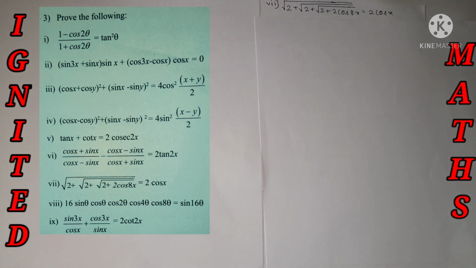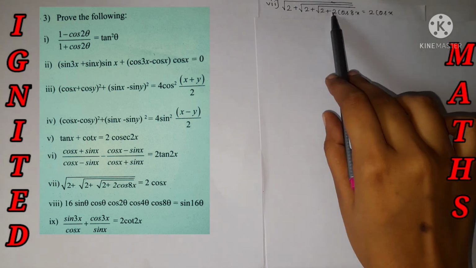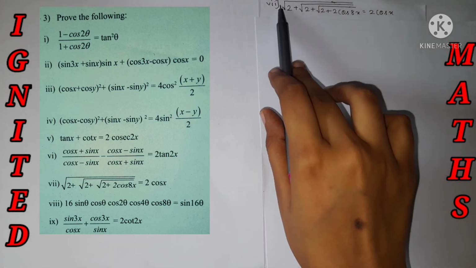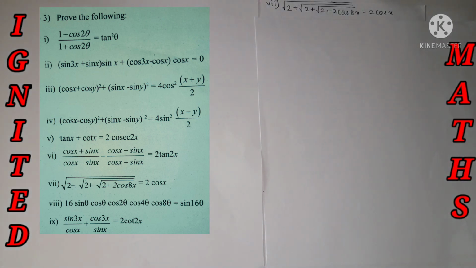The seventh sub question we need to prove accordingly. Please mark that the seventh sub question is one of the most important parts according to the board, because every time it is usually asked in the board exam. Now let's find the value of the LHS and prove it equals the RHS. It's all on the root, so first we need to remove the first root, second root, third root. Plan accordingly.